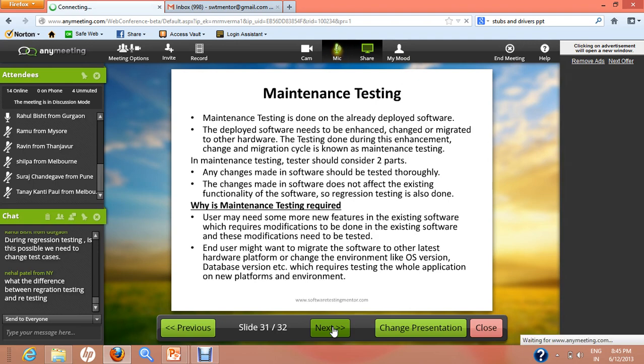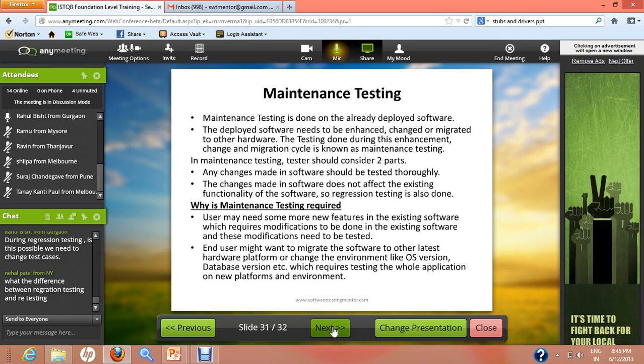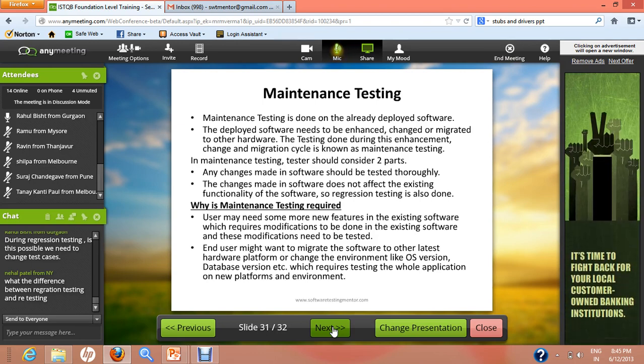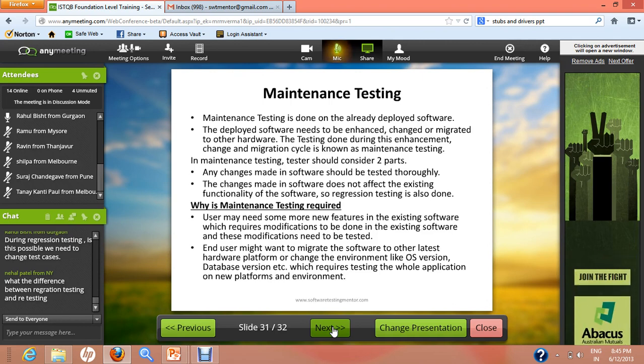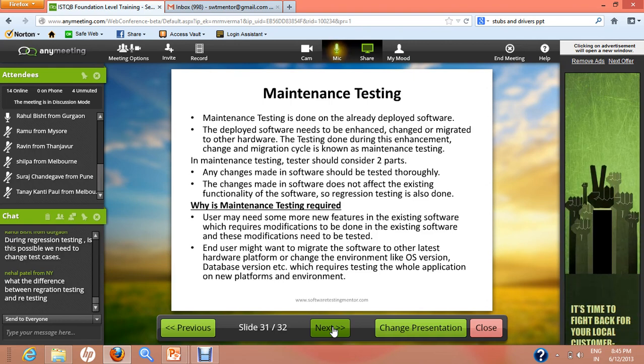because maintenance is always required for anything you see, whether it's a vehicle or it's a house. So you need to do maintenance for each and everything. Even for your health, you need to do regular checkups and maintenance. So once the software is deployed, you need to